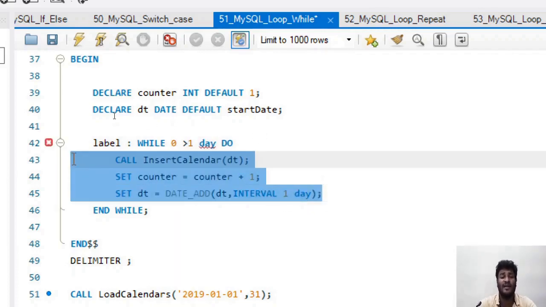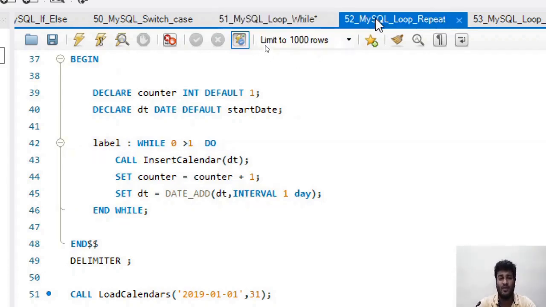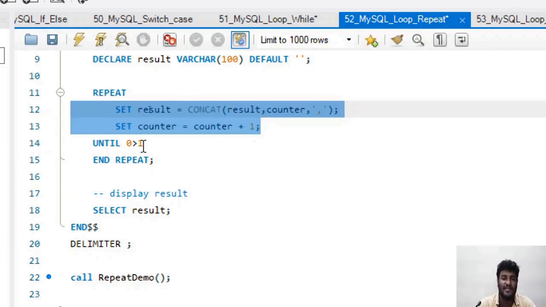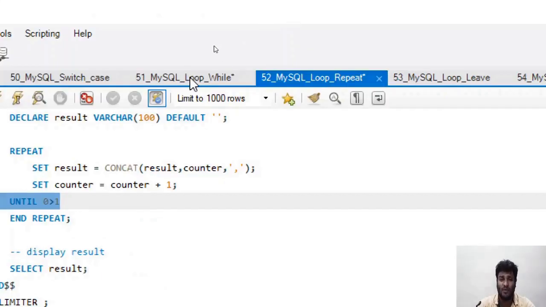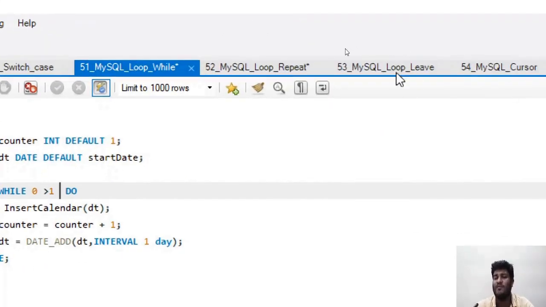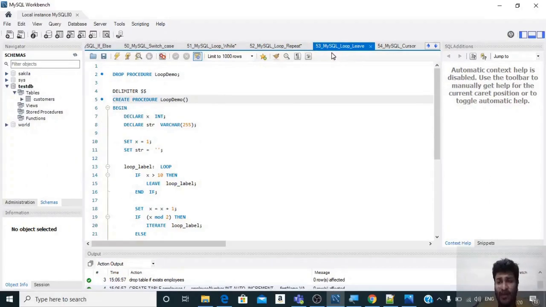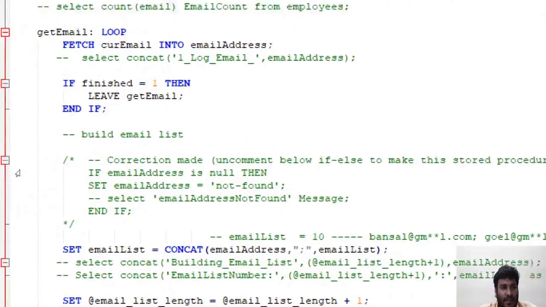So this loop will never run, right? This loop will always say that this is false. But over here if we say until 0 is greater than 1, at first these two statements are executed, then the condition is checked. So it will run at least one time, and the while loop will not run even once. So this is the basic difference. And anyhow, if you want to read all the rows of the table, then the loop and leave statement is the correct one. So now let us come back and see our loop in the script.